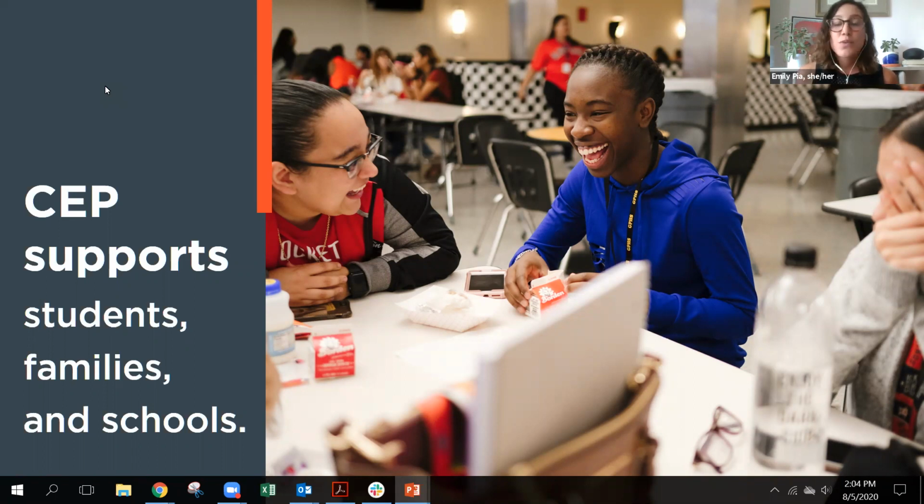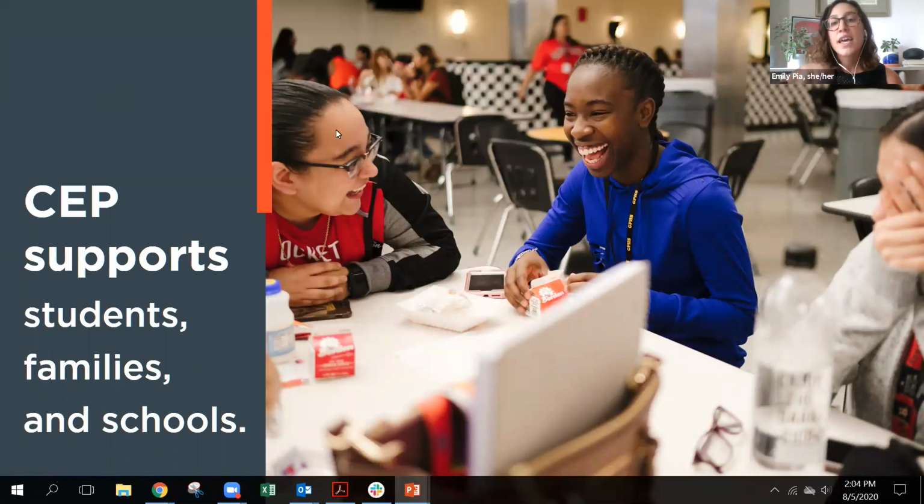And we also know that schools are facing really unprecedented budget deficits, and CEP can be a strategy, not just this year to help schools recover financially, specifically the school nutrition budget, but also for the next 3 years, because CEP is a 4-year cycle. And so this year presents a really unique opportunity to adopt CEP and to provide this benefit to families and students who are going to be struggling more than they have been in years past.